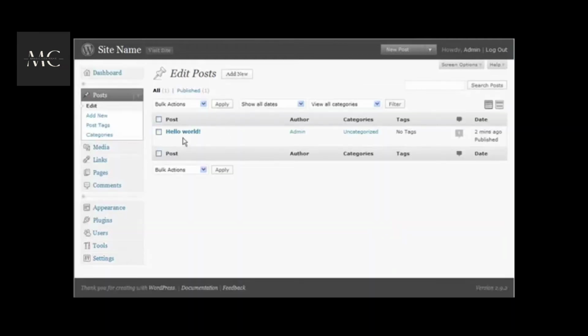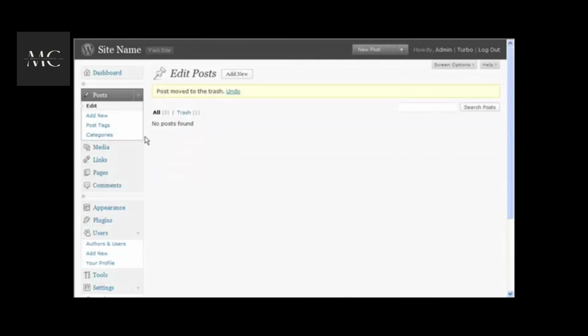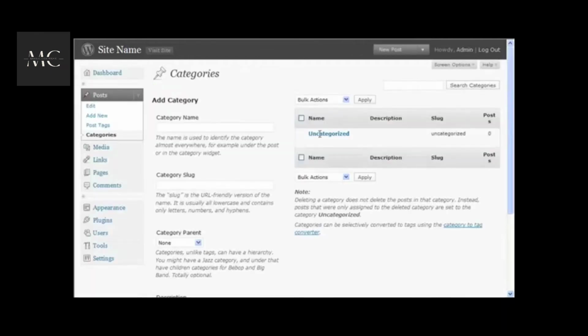You start with posts. You trash the original post. You don't need that on there. Get rid of that. Now you go to categories as well. You're going to change the name of this. Just click quick edit and change it to something relevant to your keyword, to your niche. You may want to create additional categories. These aren't necessary, but some people find, particularly if you're targeting multiple keywords, it's worth having more than one category